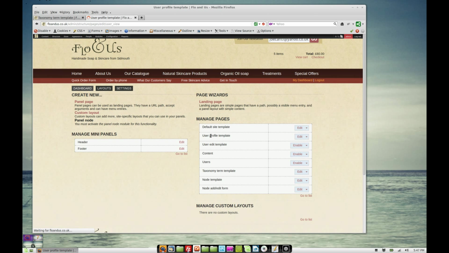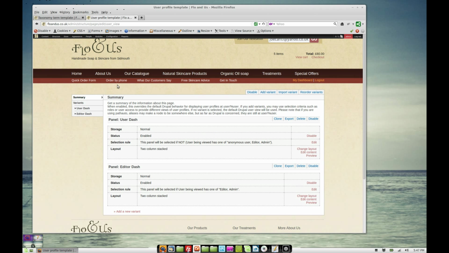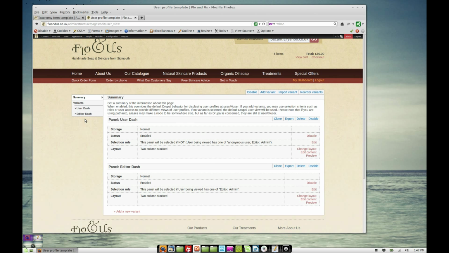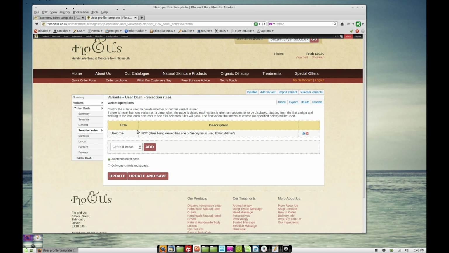Now obviously when people are just logged out, they're going to see the login page, which we themed with panels everywhere. But when they're logged in, what we've done is we've rethemed the /user page to look appropriate for each user. And so we've got the user dash and the editor dash. The user dash selection rules, we've just got a role here. It's not the anonymous user, editor or admin, so that's just the authenticated user. So the standard user is going to see this